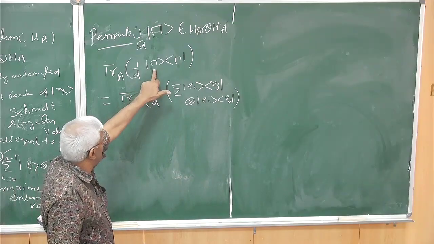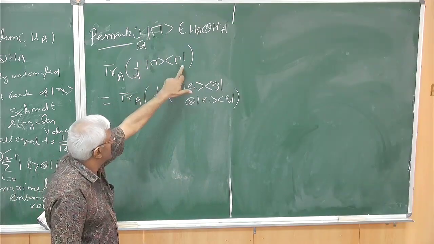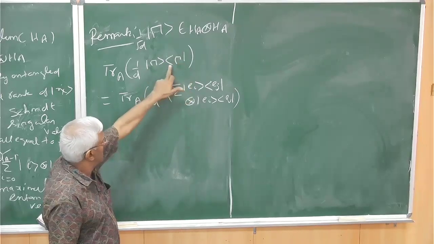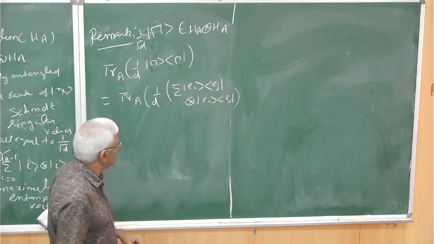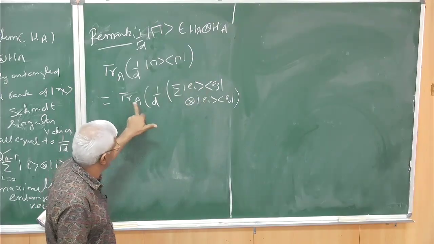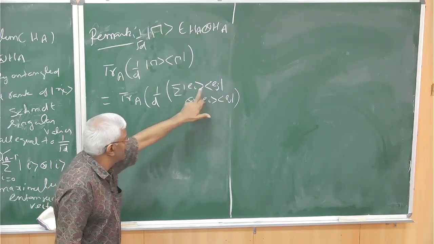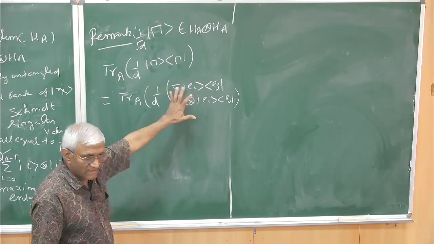This is summation e_i tensor e_i. This is summation e_j tensor e_j. So if you take the product like this, this is what you will get. Now you apply trace e_i. Trace e_i is just applying trace here. This is 1 only when j equals i, otherwise it's just 0.